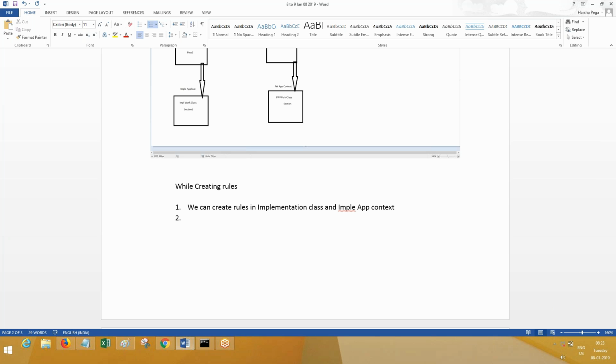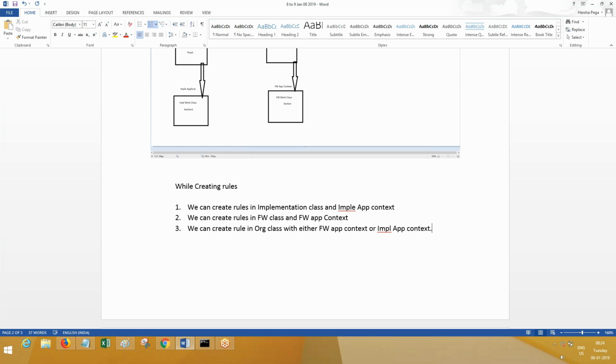And what else? We can create roles in FW class and FW app context. This is also clear. Third one is we can create roles in organization class with either FW app context or implementation app context. Are you clear with this third point?